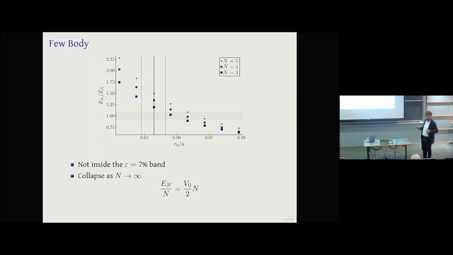But as I don't want to move R0, what I do is that I fix R0, the equivalent of a cutoff, and look at the system as a number of particles. And I ask for the stability as the number of particles grows. And if I do nothing, I have the collapse, even if I fix R0. And so this is a complementary way to see the necessity of a three-body force at this order.